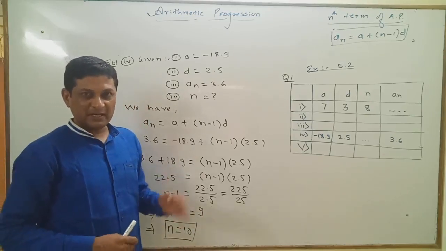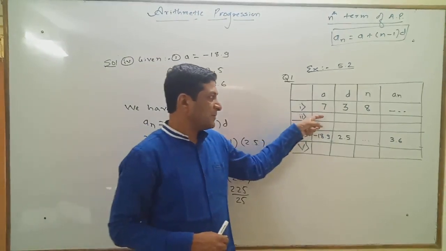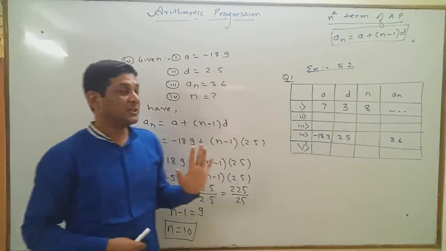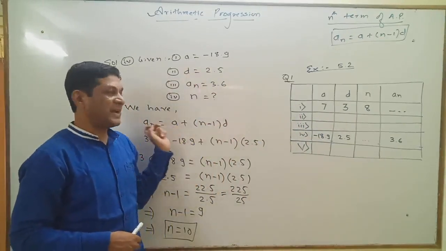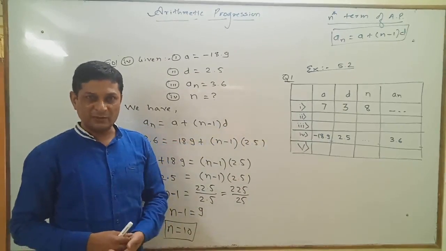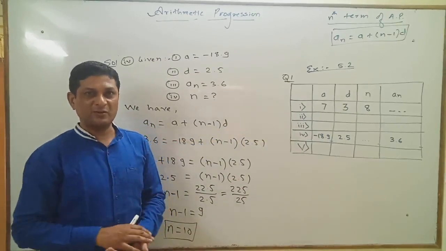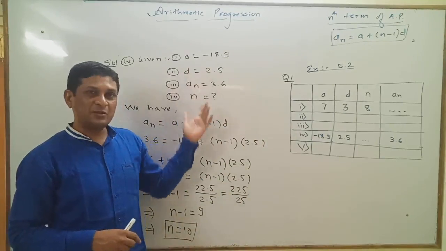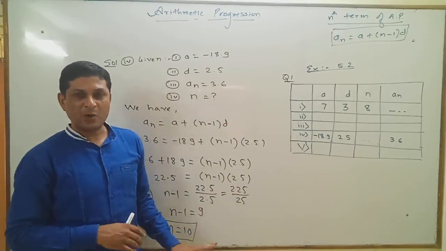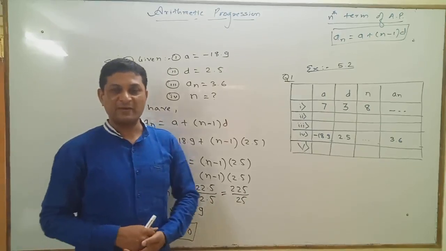So the same method you have to apply in example number 2nd, 3rd and 5th. See what the given conditions are. To apply this formula, 4 values are required. In the first example, any 3 values are given to us and the question is to find out the 4th unknown value. Substitute the given values, use the transformation, simplify it in the proper way to find out your required value.